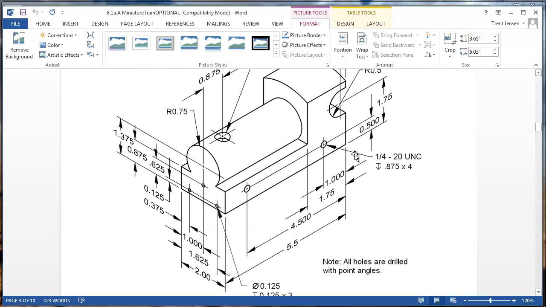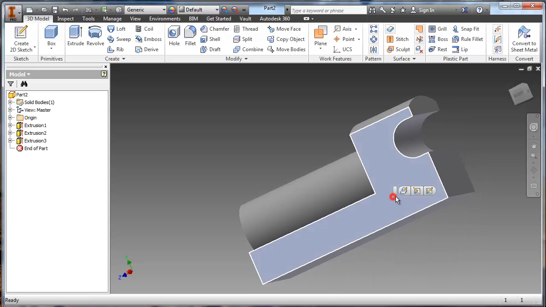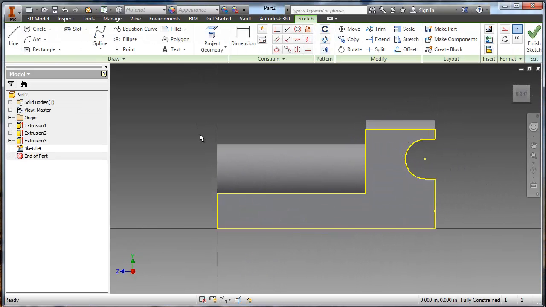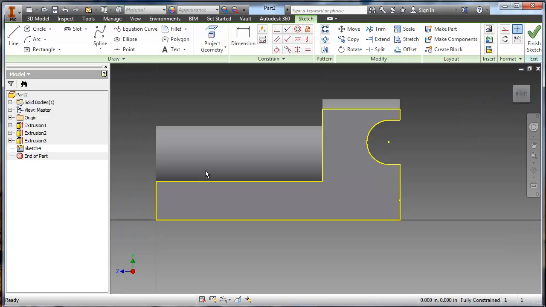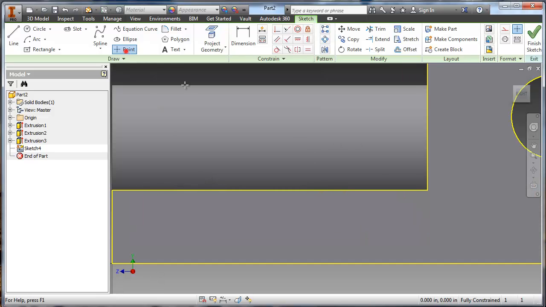Now I have a hole that has a weird specification. It's 1/4 20 UNC. That lets me know that it's a tapped hole. That means it has a thread on it. So I'm going to come here to this sketch, and for the most part, I can't just make a hole with a cut extrusion anymore. I can't just draw a circle and cut it out because that doesn't give me a lot of control. What I want to do instead is set